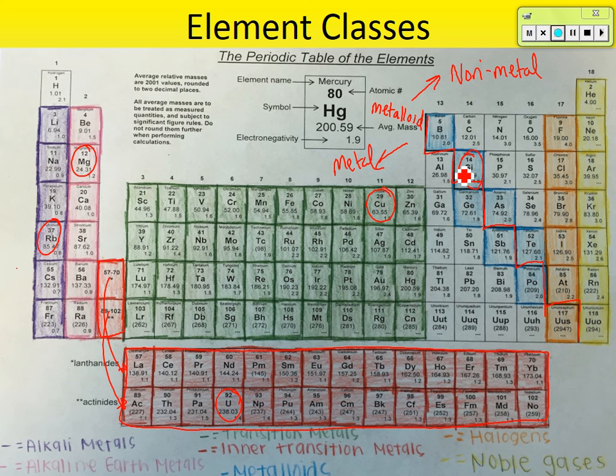Metalloid. What about bromine? Halogen. And what if I said xenon? Noble gas. Okay, so that's going to be what your test is going to be like. These are the different element classes, the different classes of elements. So hopefully that helps kind of organize these elements into different classes, and hopefully that helped